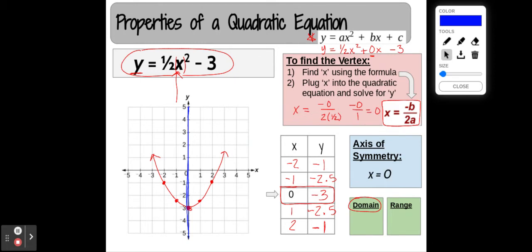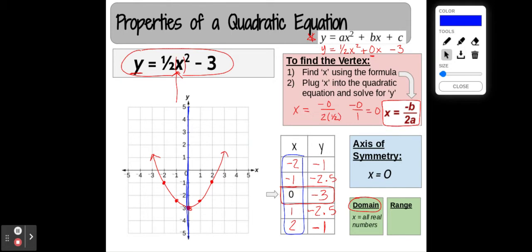Okay. Now domain is all the x values. So all the x values that I plug into the function. And remember, we talked about x values could literally be anything. So when you're looking at domain values, you're going to say all real numbers. X could equal all real numbers. You could plug anything in that you want for x into the function. But the range is a little bit different,